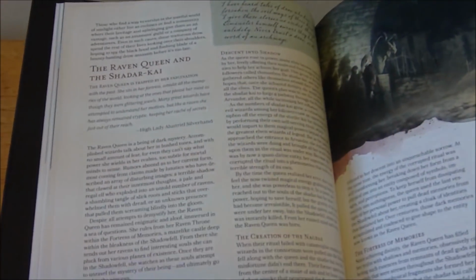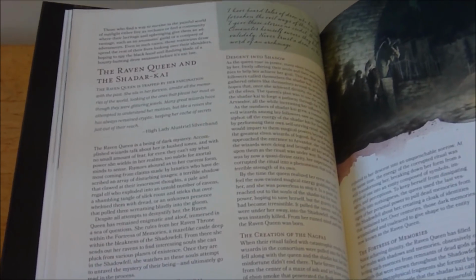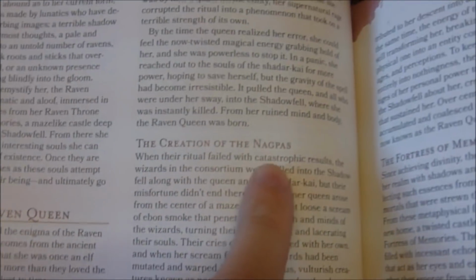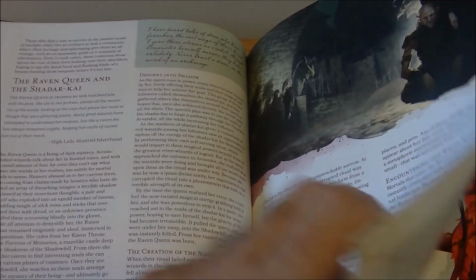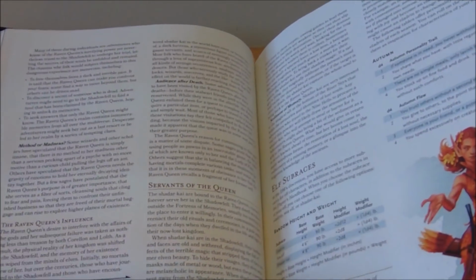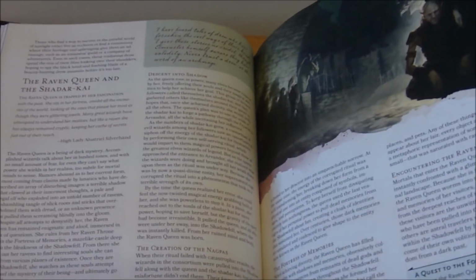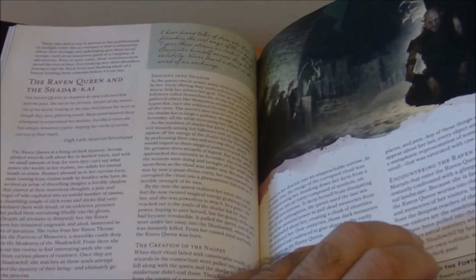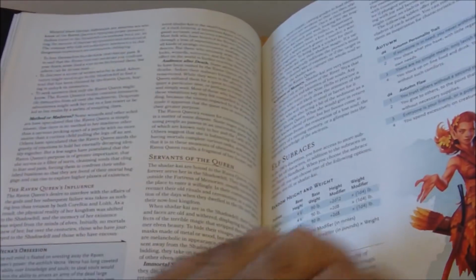And it brings back the Raven Queen, who was brought into D&D 4th edition. It also brings back the Nagpas. A lot of people may not know what that is, and I'll show the picture of it later on. But for me, that's really, really cool to have the Nagpas. They're basically like a squat, vulture-like humanoid. But the reason that that's so cool